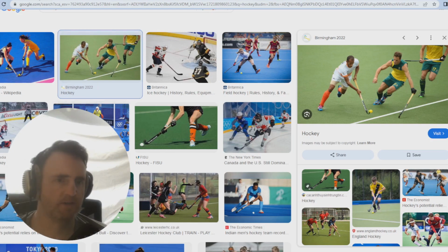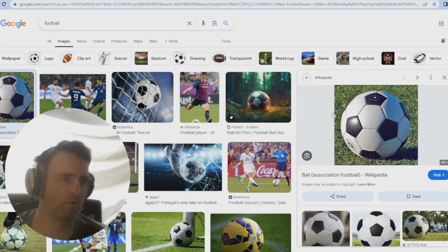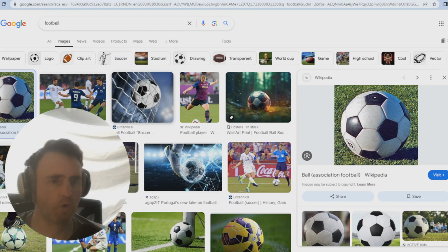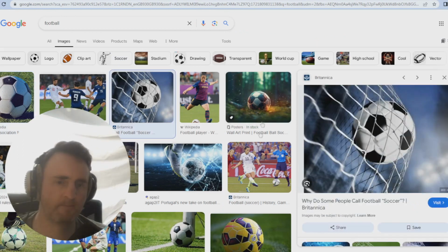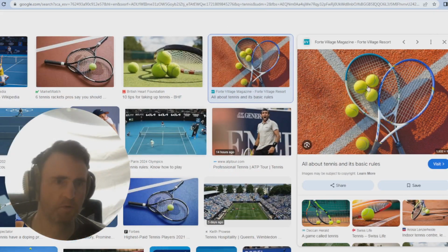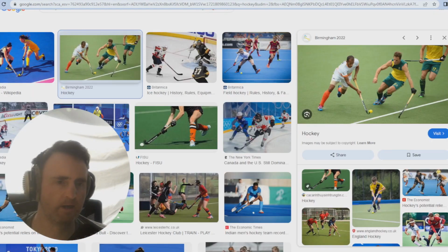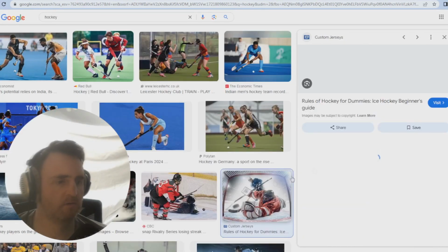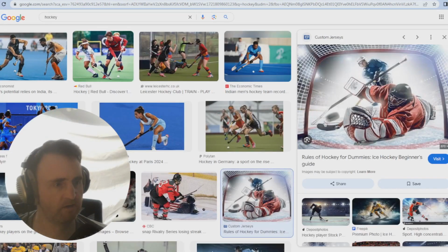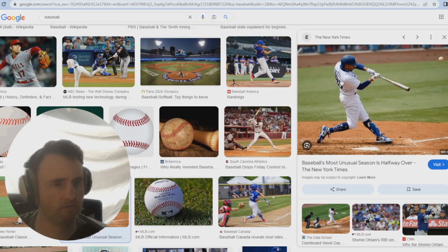And of course in football you have to score a goal. That's how you win. You score the goal. In tennis you have to score points. Hockey is goals. You have a goalkeeper. There we go, he's trying to save the puck. It's goalkeeper. Baseball is, do you score points?